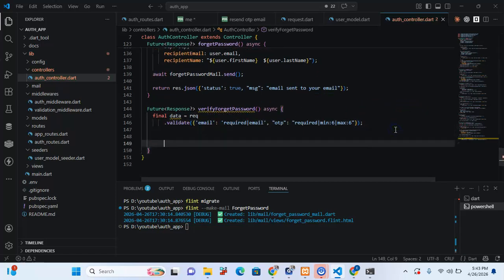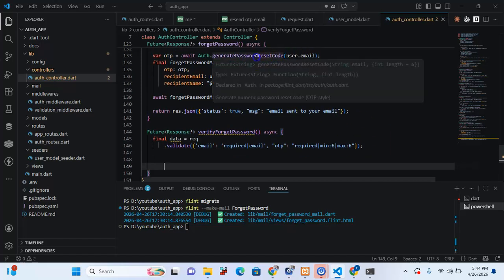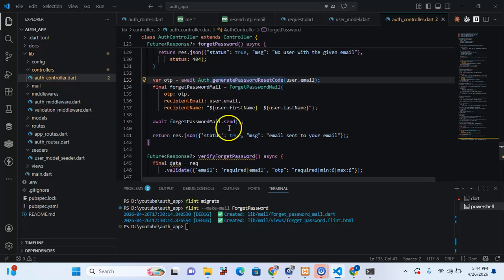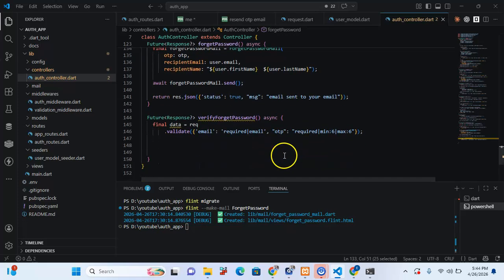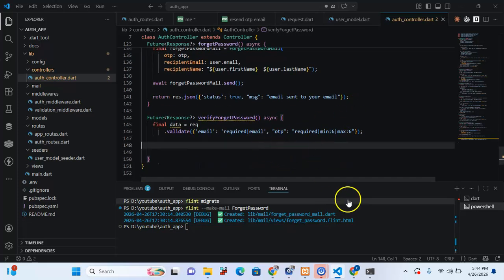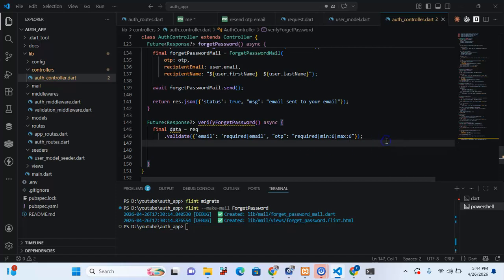So the next thing we need to actually do now is that we have the OTP. We have already generated the OTP here and we have sent it to the user. Now you can also use the verify one you used before, but it's just good for you to have them in different ways. So you're going to know the one you want to check, and you're going to know the process that the user is going through. So now we have already sent the email, so we want to check if the OTP that is sent to us is valid. So I'm going to say